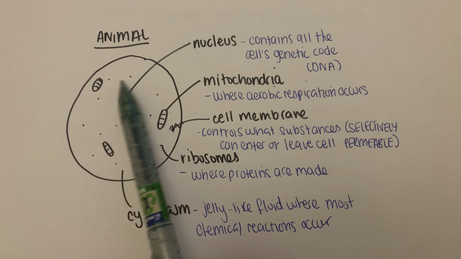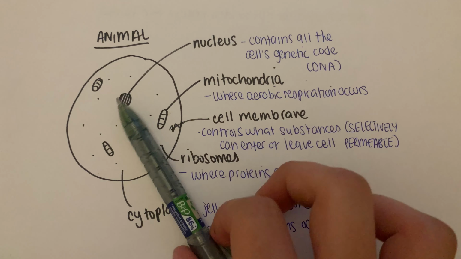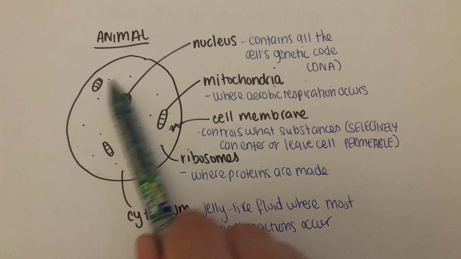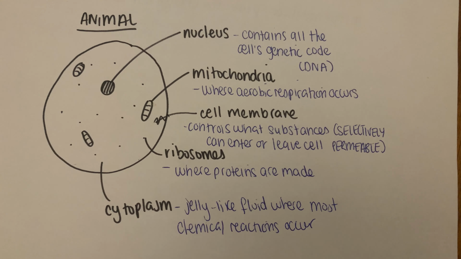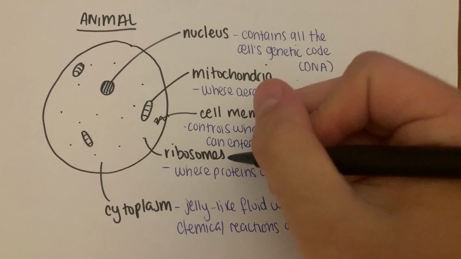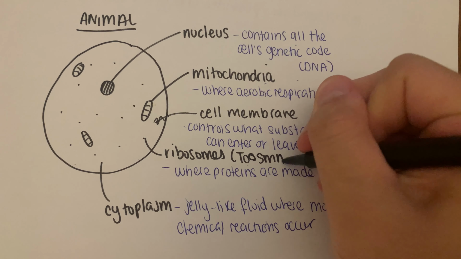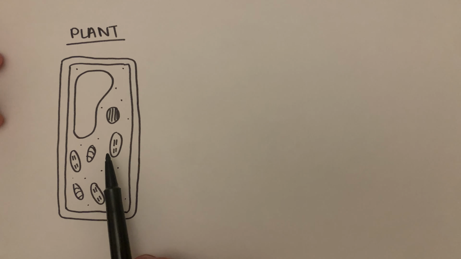It's basically just like a fluid that's inside the cell, because you've got to remember this is all 3D. It's like a ball, and the cytoplasm is just the liquid inside that surrounds all these structures inside the animal cell. So it's also very good for me to mention that ribosomes, because they're too small, can't be seen under a light microscope. So now we have our plant cell, which contains very similar structures to the animal cell,